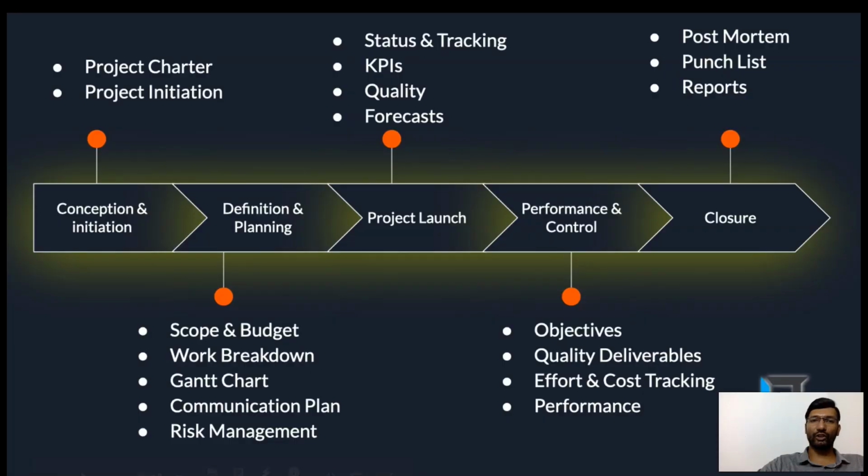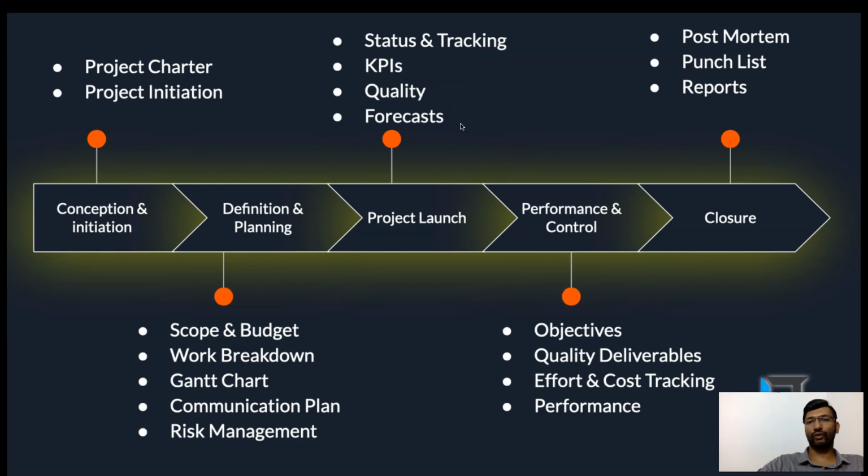So while going through a project, what are the tools at each stage or each process we have to look forward to? See this: in the conception and initiation level, the main tool is the project charter. And in the definition and planning, there is scope and budget, work breakdown structure, Gantt chart, communication plan, and risk management plan. In the third process, project launch and execution, we are introducing status and tracking, key performance indicators,